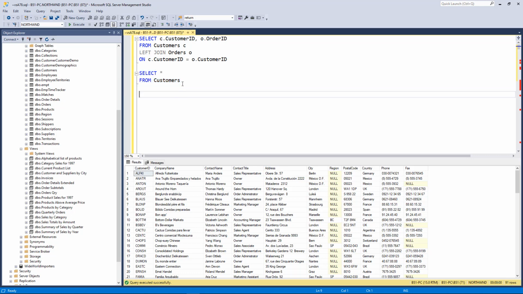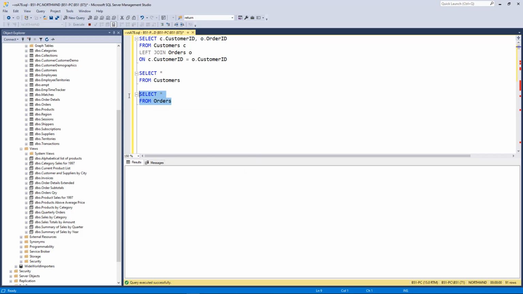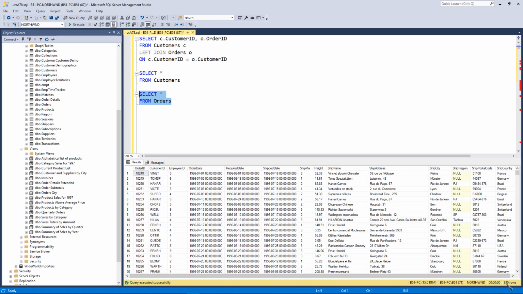And we have SELECT * FROM the orders table. Here we have 830 rows. So what we want is all rows from the customers, because this table is on the left of